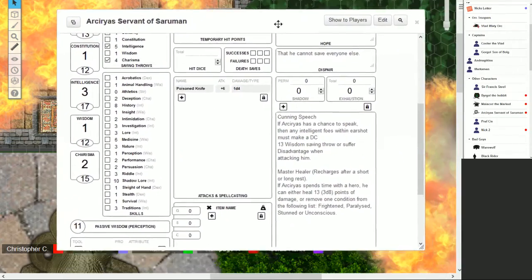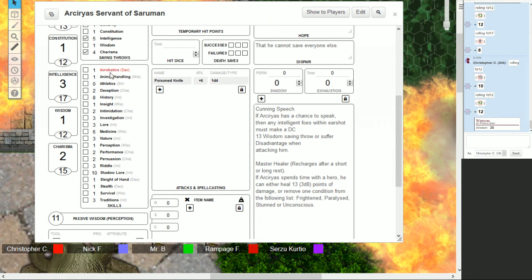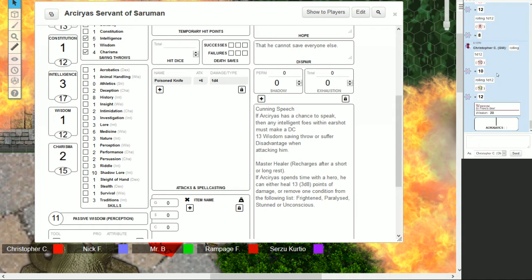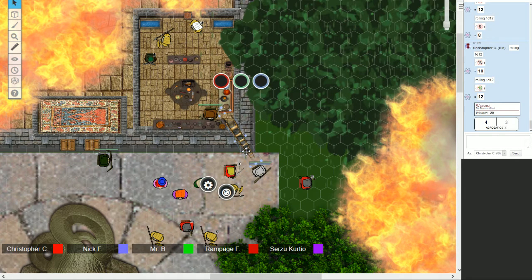Do you want Arceus to go first? Yeah. Arceus broke the ladder. Oops. Oh. Well, okay, you're all jumping now. Yep. Alright, by the way, mustard guard, do you know what his acrobatics is? 1. Oh, there you go. Well, mustard guard and...